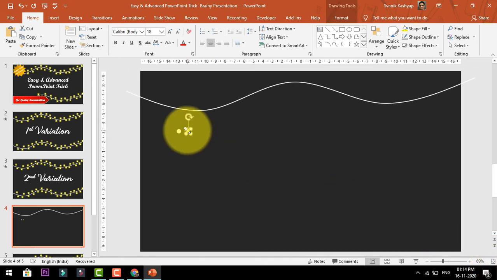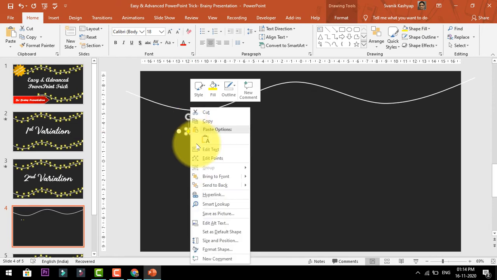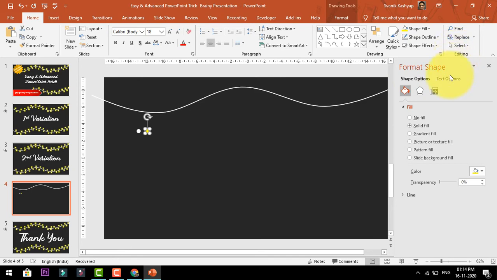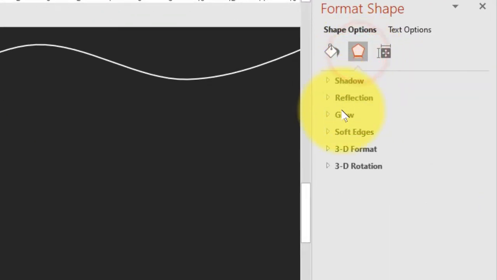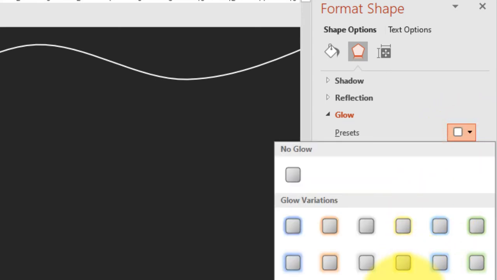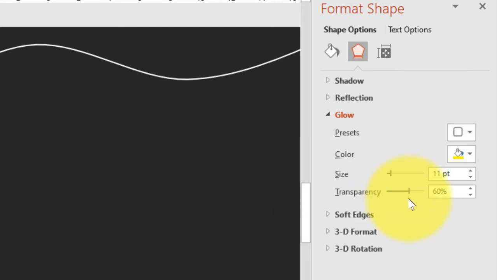Then I will right click on this yellow circle and go under Format Shape. It will open this panel, and then I am going under the Effects option. Under Effects, I am going to Glow, and in the presets, before choosing the preset, you must assign a color. So choose the brightest yellow, go to Glow, and say the glow can be 11 points, and just increase the size of this glow.